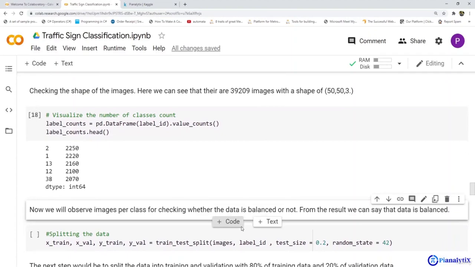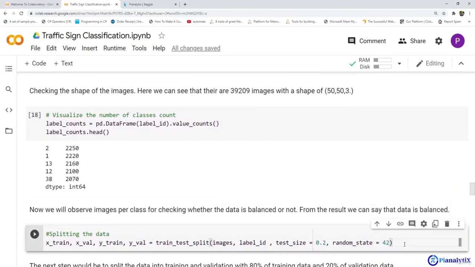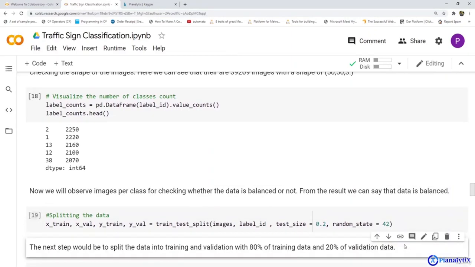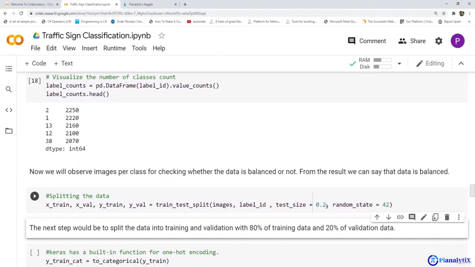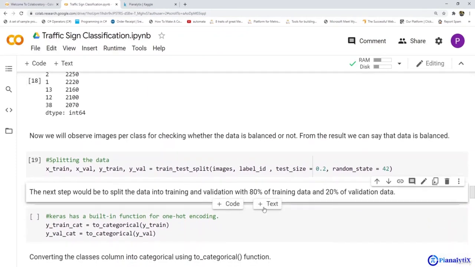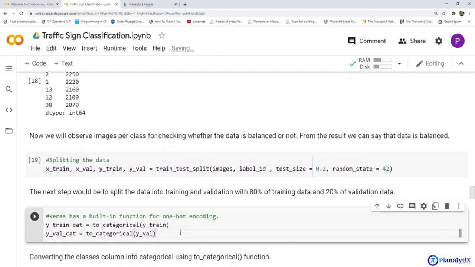Now we'll split the data using train test split into a ratio of 80% training data and 20% validation data. Similarly, we'll convert the label, that is which class it belongs to, into one-hot encoding using the to_categorical function.